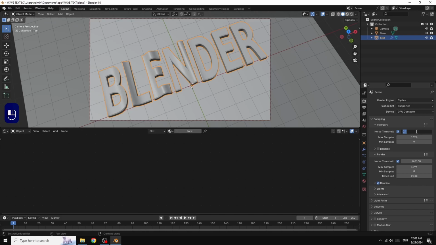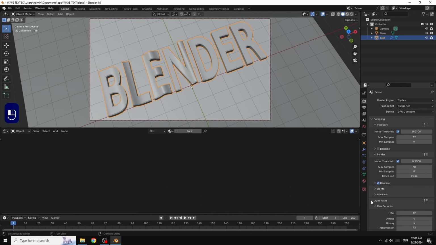Here decrease the number to 0.01. The number here, I give it 32. Here 0.1, and the number I give it just 30.